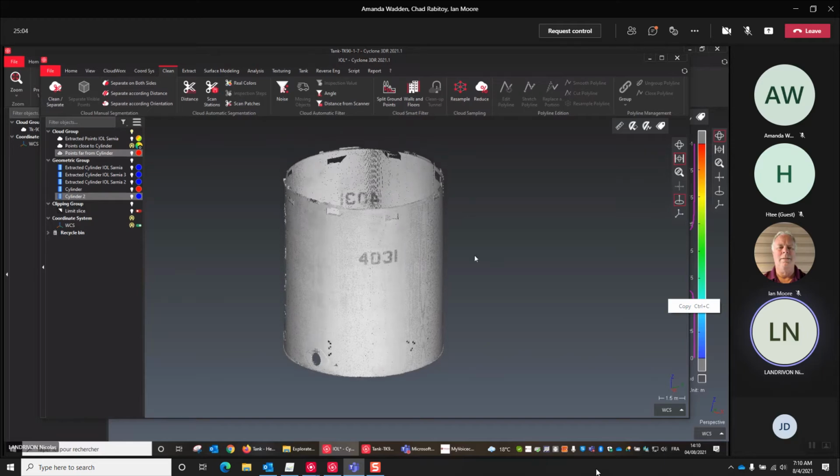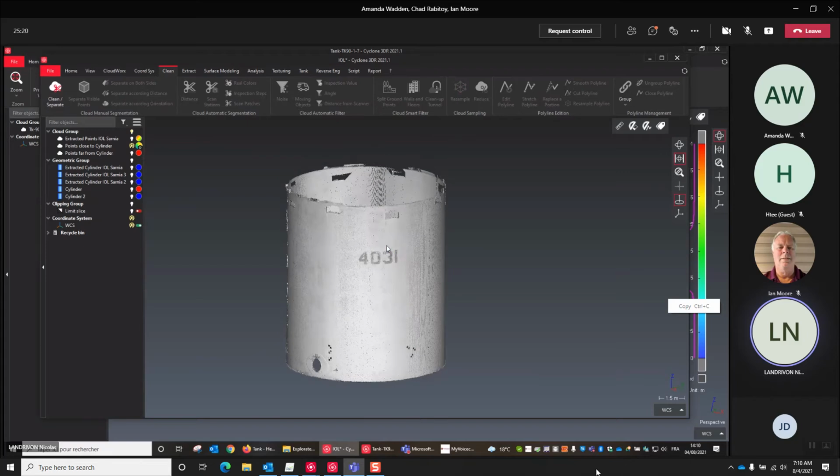If you are interested in making an inspection comparison between two models, whatever their type, surface to cloud, surface to surface, cloud to cloud, it's possible. So you can really go beyond the tank workflow and make a lot of different analyses.